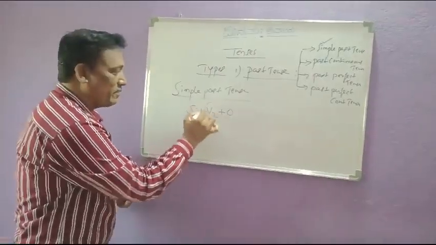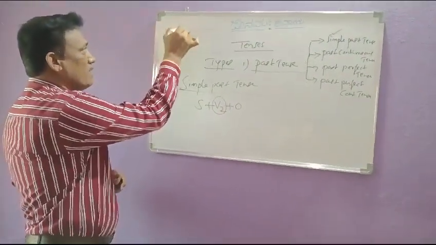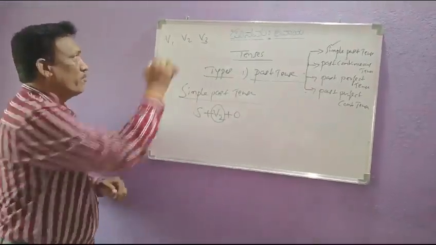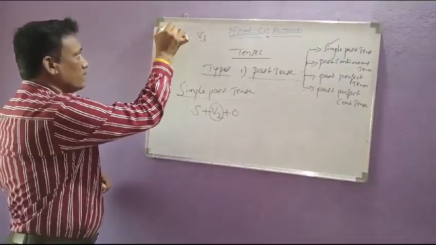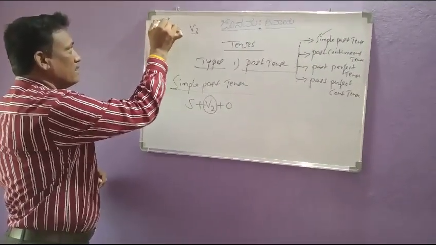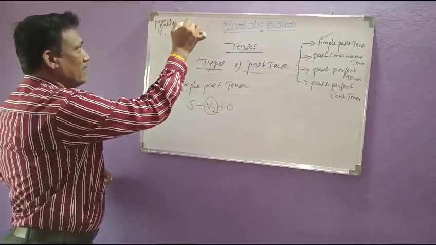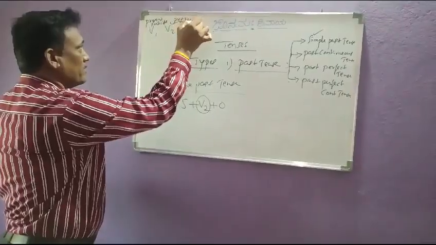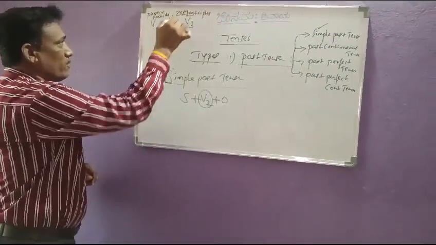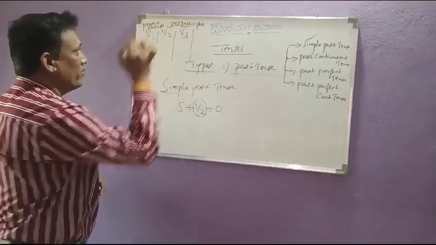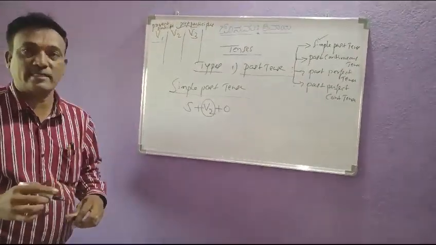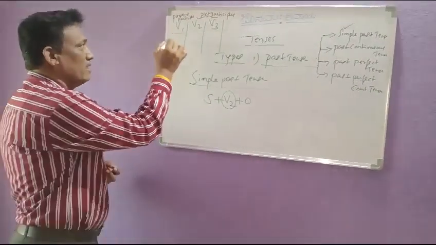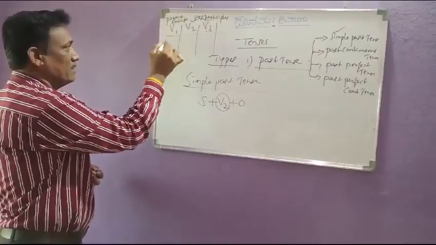V2 is a very important part. So you know V1, V2, V3. These are the three verbs. V1 is the present participle. V2 and V3 are past participles. Whenever we want to speak in English, verbs act in a very important role. So without verb, no English. For example, here one example I will take: